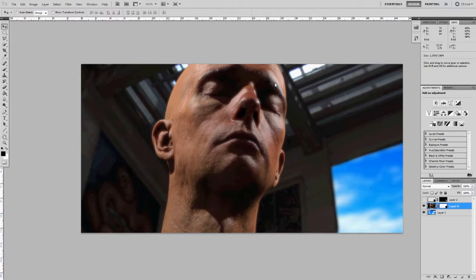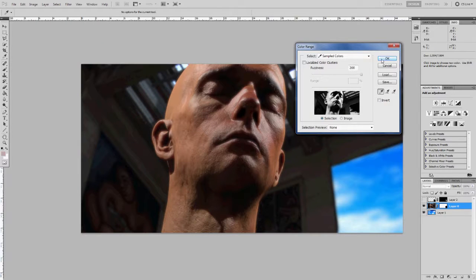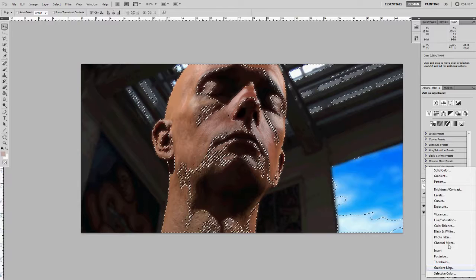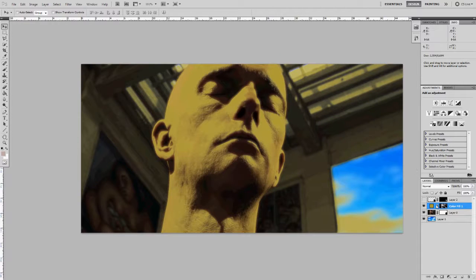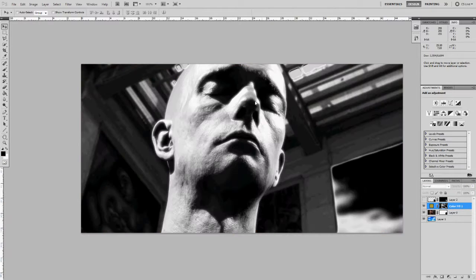I may want to bring some color to the highlights. What should I do in that specific instance? I may go to Select Color Range, select the highlights, it's OK, and it makes a selection. Now go here and choose solid color, and let's say we want it just a little bit yellow, orangey. OK, and select color. So now all the white areas are colored with yellow,